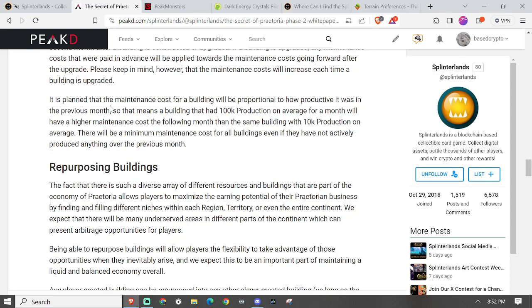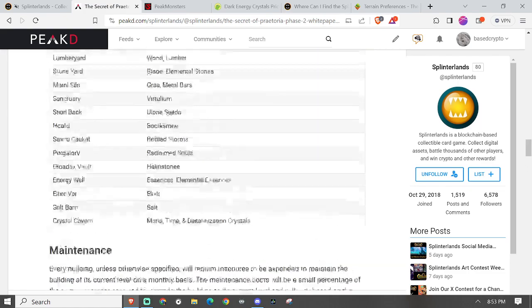It is planned that the maintenance cost for a building will be proportional to how productive it was in the previous month. So that means a building that had 100,000 production on average for a month will have a higher maintenance cost the following month than the same building with 10K production on average. There will be a minimum maintenance cost for all buildings, even if they have not actively produced anything over the previous month. So what I dislike about this